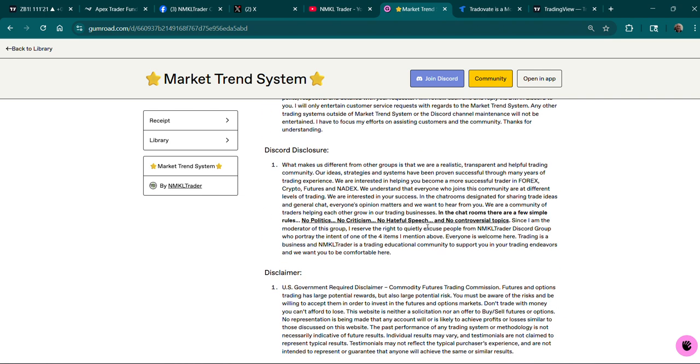All right, now here's some rules for the Discord. I want to just share these real quick. I ask everybody to specifically respect each other's opinions. In the chat rooms, there are a few simple rules: no politics, no criticism, no hate speech, and no controversial topics. Let me give you an example. I'm a person of faith, so I might say God bless you in the chat room, but I'm not trying to enforce my religion on you.